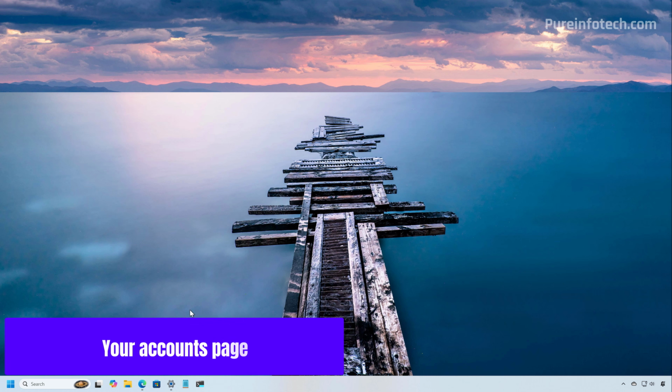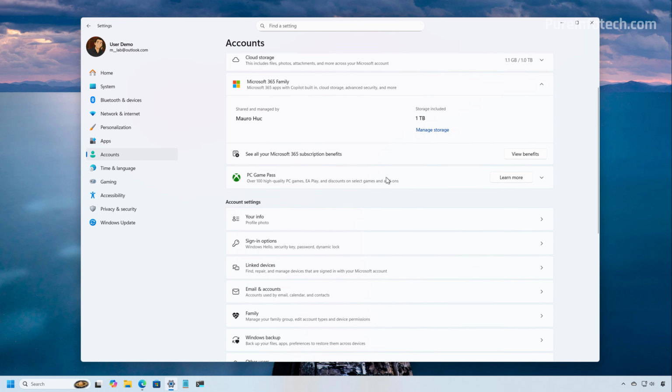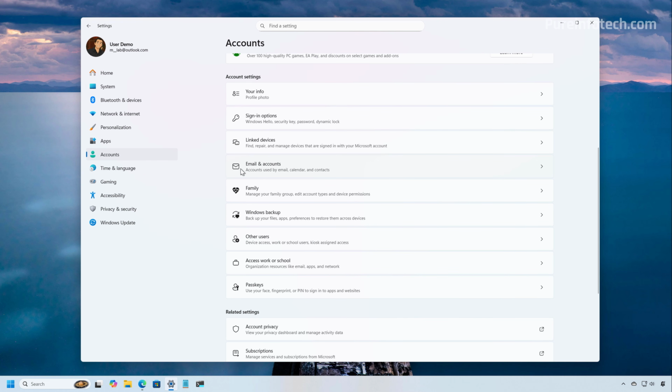text. Now, as part of this release, Microsoft is also updating the accounts section. And basically, the only thing that's happening is that the company is renaming the email and accounts page to your accounts. And of course, this change did not appear on any of my 3 computers that I have enrolled in